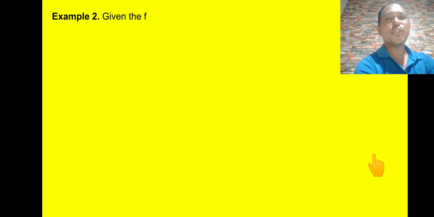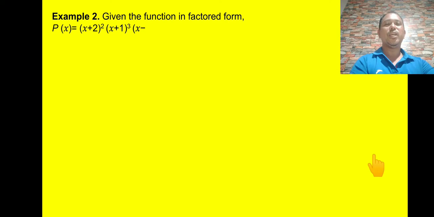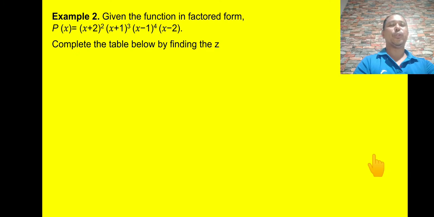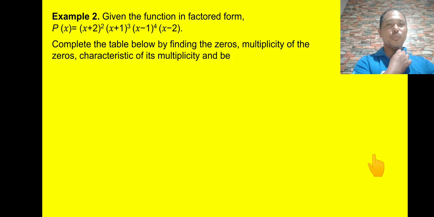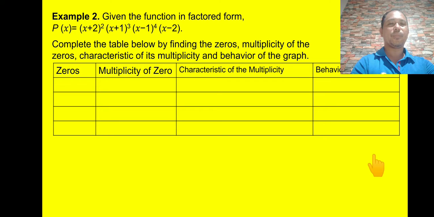So we proceed. Example number 2, there are 4 examples by the way. So we are now in example number 2. Given the function in factored form, you are going to complete the table by finding the zeros, multiplicity of the zero, characteristic of its multiplicity, and behavior of the graph. Okay, so here number 1,